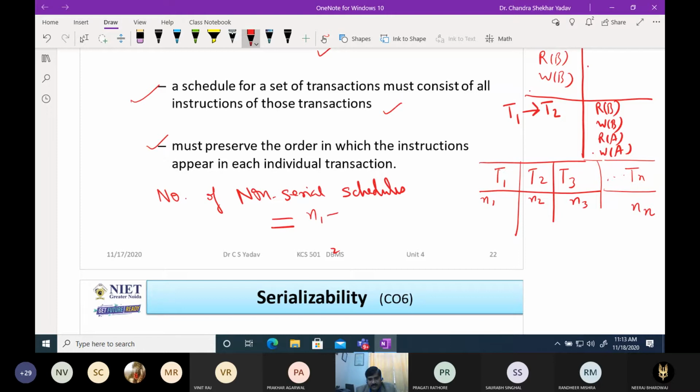This is N, which is n1 plus n2 plus n3 up to nn, factorial of this, divided by factorial of n1 into factorial of n2 into factorial of n3 and so on up to factorial of nn.